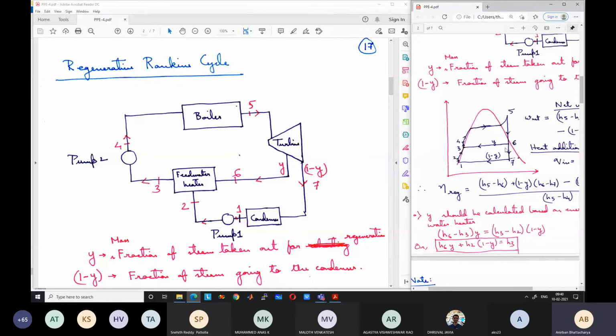Because one part undergoes phase change, it releases latent heat, and as a result the amount of steam that is required is much smaller. So you only need to extract say 10 to 15% of steam from the turbine, and the rest 85 to 90% of steam is passed through the condenser, and it undergoes the normal condensation process, then increase of pressure, and then heating in the feed water heater. Is it clear now?